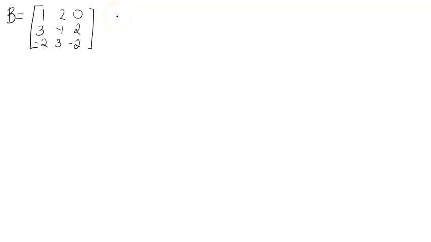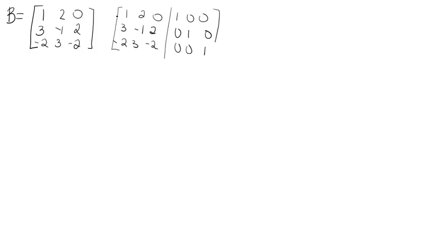Not every square matrix is invertible. And we're going to do an example. This is example 4 to show you one that's not. So if we let B equal 1, 2, 0, 3, negative 1, 2, and negative 2, 3, 2, negative 2, I'm going to rewrite it as an augmented matrix with an identity matrix of the same order. So 1, 2, 0, 1, 0, 0, and then 3, negative 1, 2, 0, 1, 0, and negative 2, 3, negative 2, 0, 0,